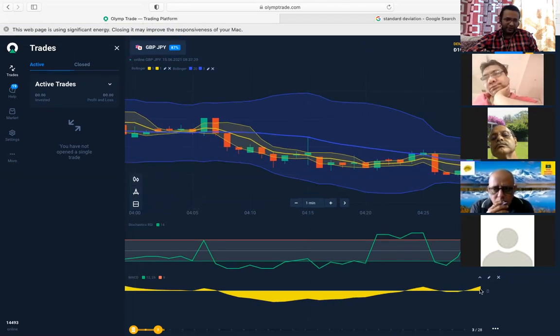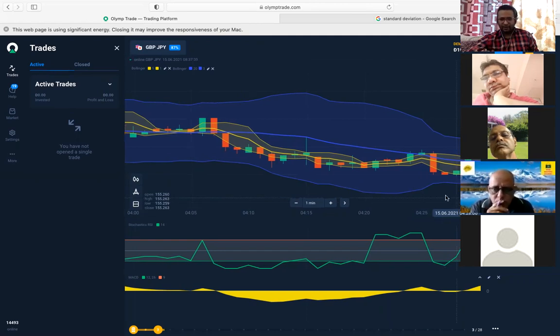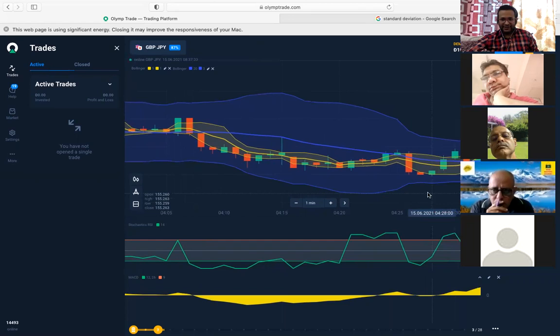Histogram is also telling you, okay, this is overbought. Buyers are in full force. So the next candle onwards, we'll put a 2-minute buy call. So the first candle we would have lost, right? Because we would have put our order here, but the second candle we would have definitely won,